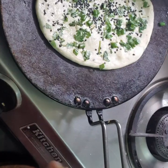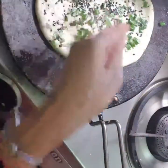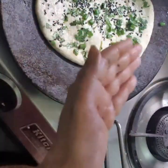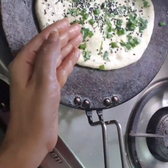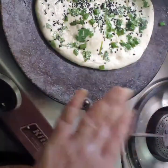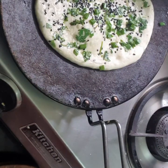and let it get, I have slowed down the flame, and once you find some brownish color on the top as well, and a little from beneath you can find that sheen of the brown color, so let it be. And once you get that nice brown color from beneath, you can see below the surface, that's the time to flip over the flame and you can just roast it gently on the flame. Okay,